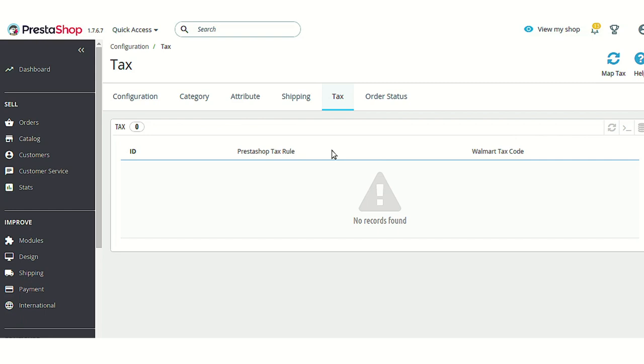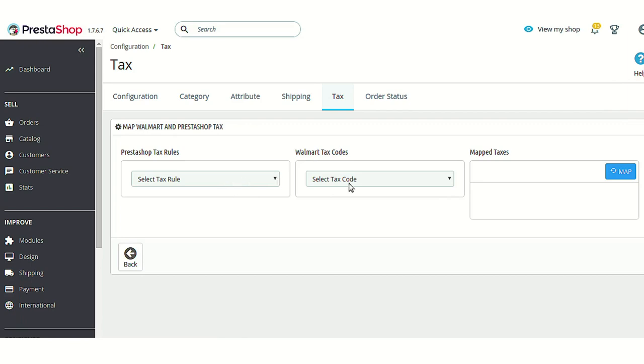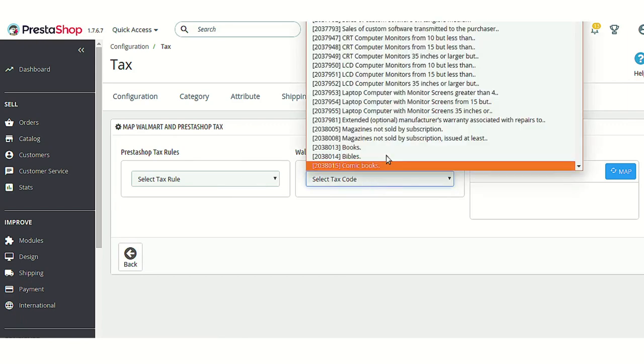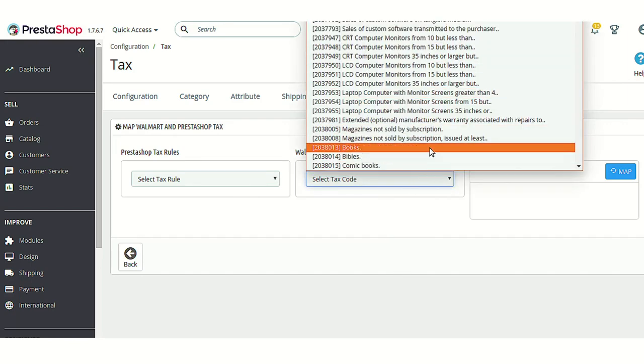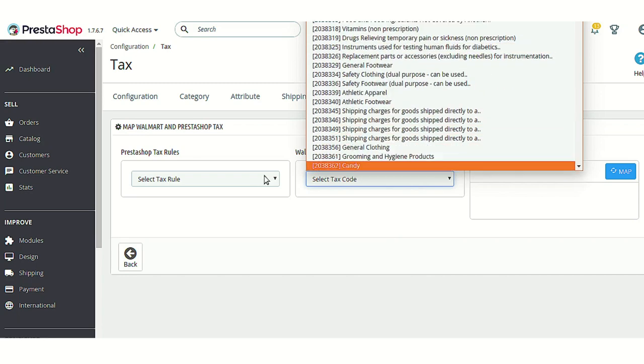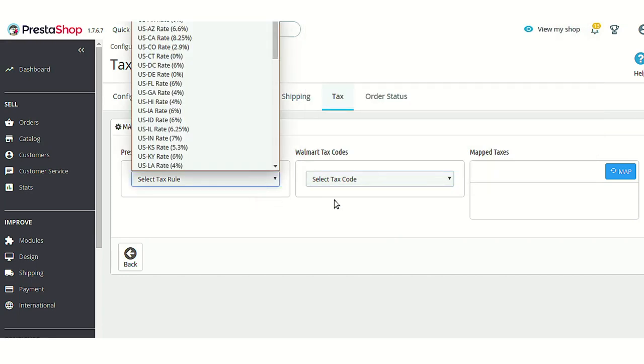Then next is tax. You always apply a tax to your product, so it's not necessary that the tax you have applied on your product is available on Walmart too. So it's better to map the tax of PrestaShop with the tax of Walmart. You can select the tax code which is available on the Walmart end, and you can select the tax rule of your PrestaShop.